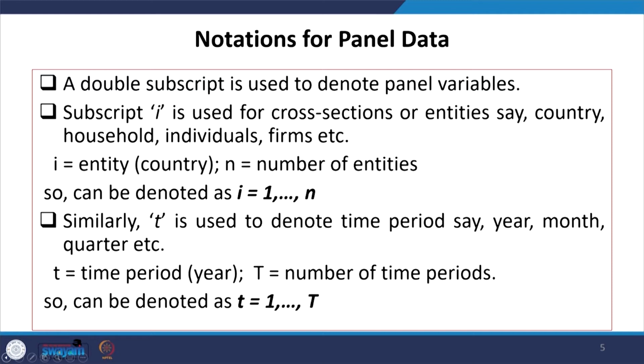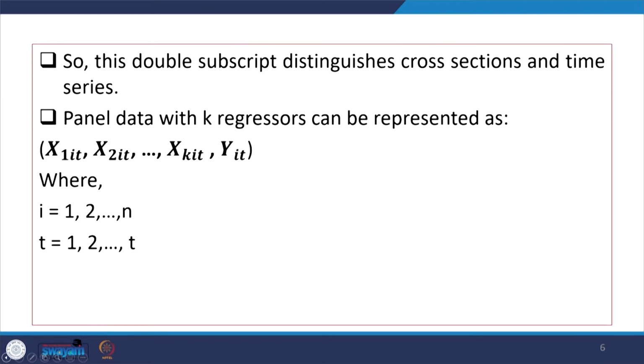That variation you will get in panel. Similarly, another subscript that is used is T. T stands for time period, whether the data is available over months or years or quarters; accordingly the T dimension is also given along with the i dimension. T may also vary from 1 to capital T.